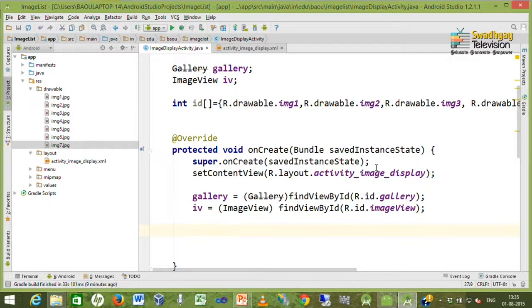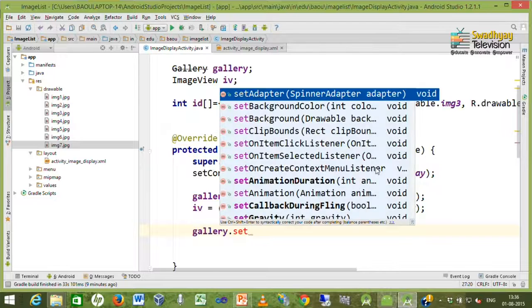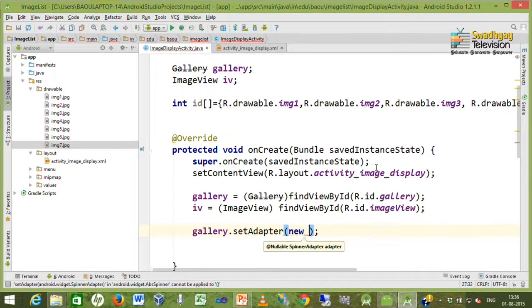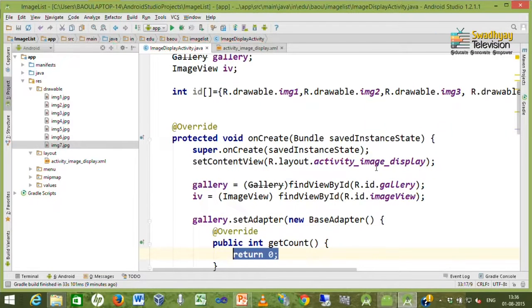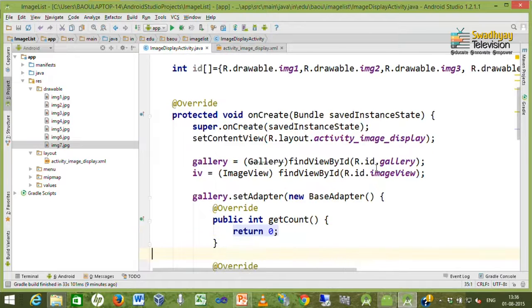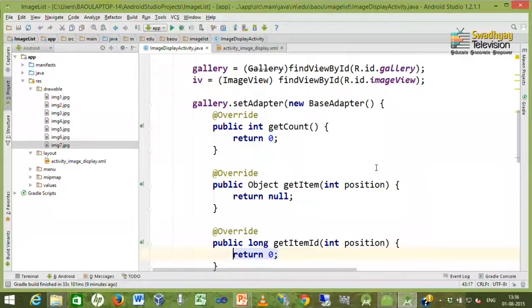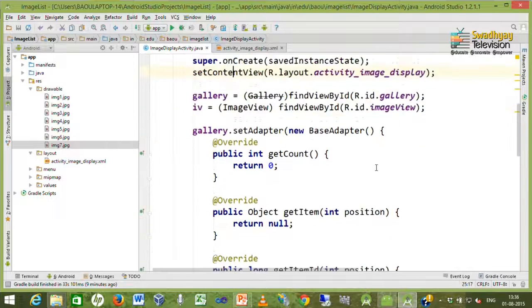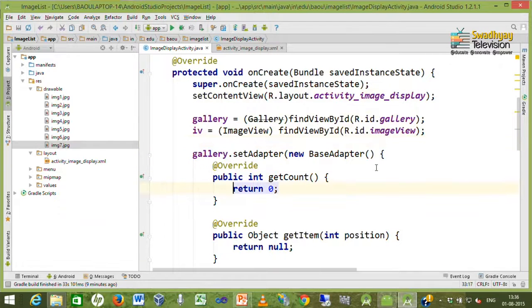Here we want to set items inside the gallery. So, I write down gallery dot set adapter method, and inside we create an instance of base adapter. Once you implement this base adapter, you will get different methods called get count, get item ID and get view. So, get count represents the number of items in the gallery.